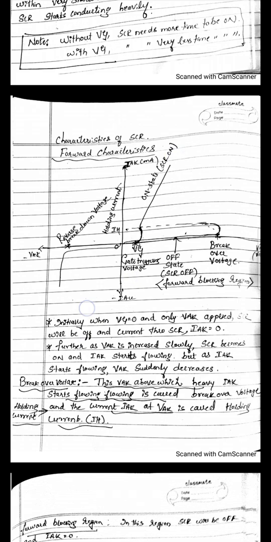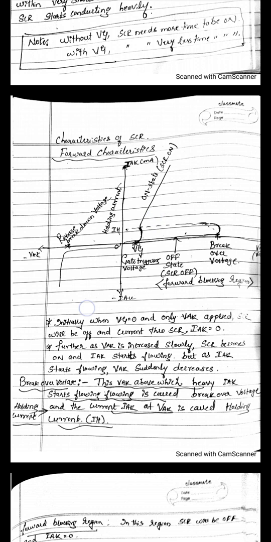You can see here, the voltage you are applying, the current is 0. When you apply voltage at this point, current starts to flow and increases, but that time this VAK reduces, then current increases. This is the explanation about this part. Till this point there is no current. After this point there will be current, but this VAK is going to get reduced. It is coming back to the lower value. Then here the current starts flowing.